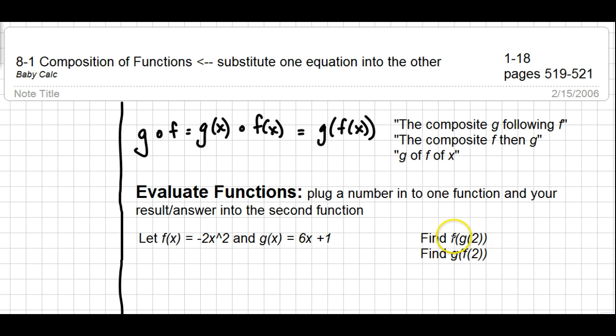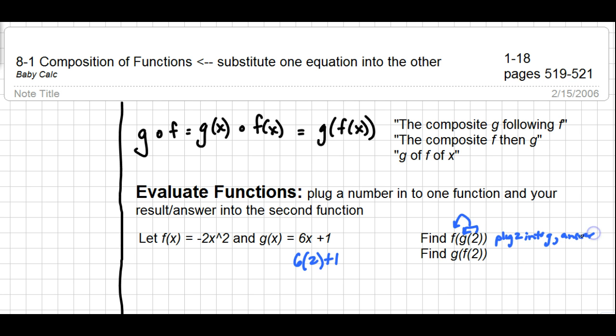So the way that that's printed or worded right there, 2 needs to go into the g function first, and then we're going to take our answer and plug that into f. So I'm going to start by focusing on the g function, and I'm going to substitute in a 2 everywhere I see an x or a variable. So I'm going to do 6 times 2 plus 1, and then I just use the order of operations there. And let's write out what we did here. We're plugging 2 into g,